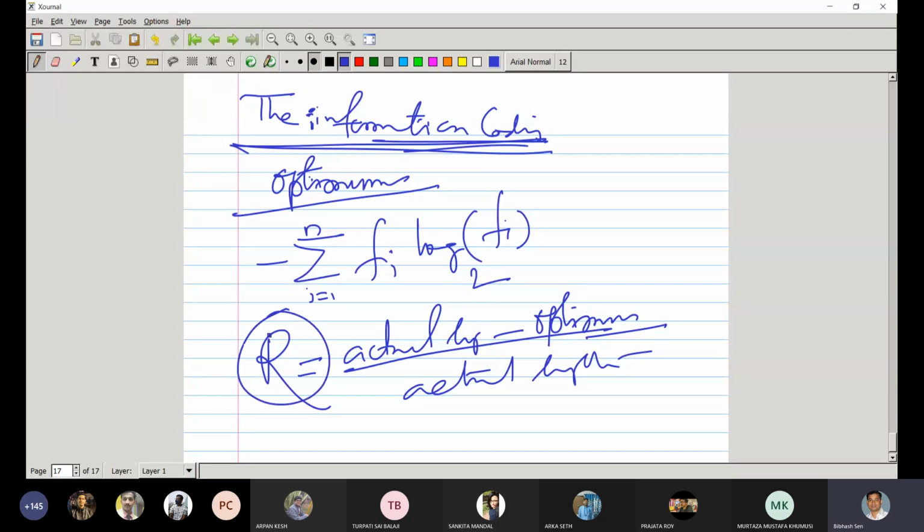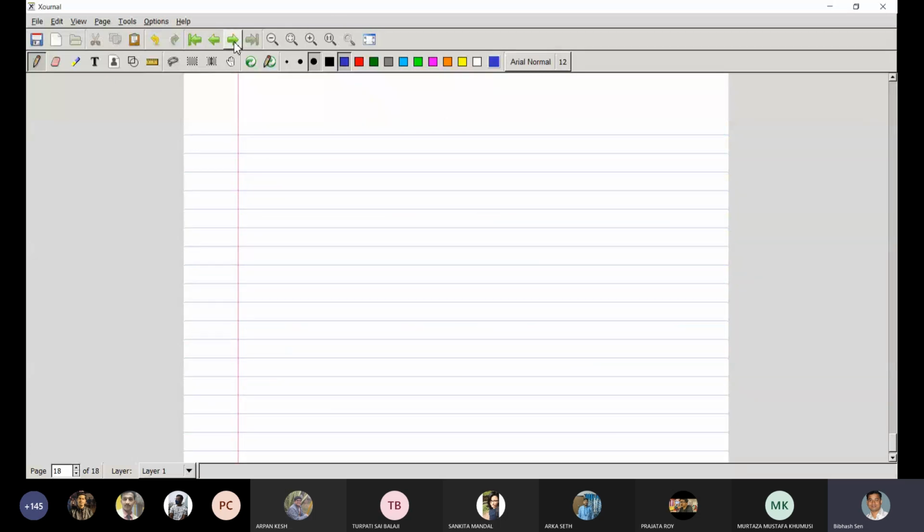You have to find the redundancy for the Huffman algorithm. You have to find the redundancy for the fixed algorithm also. You have to find both redundancies, and then you can compare whether you are going the right path or not. So now, if we apply this formula particularly to Huffman encoding,